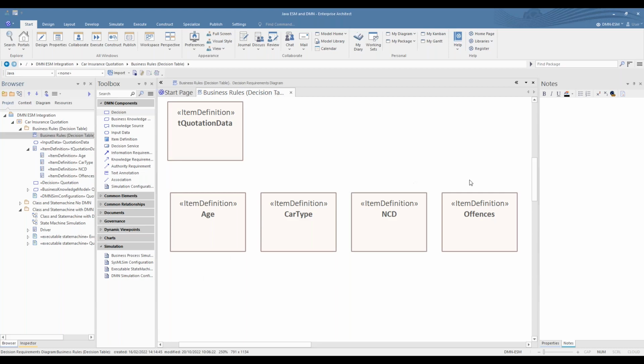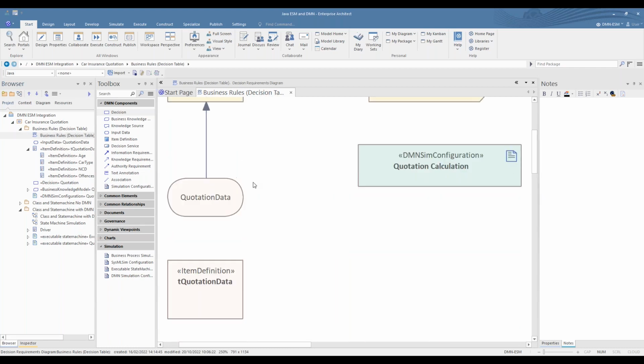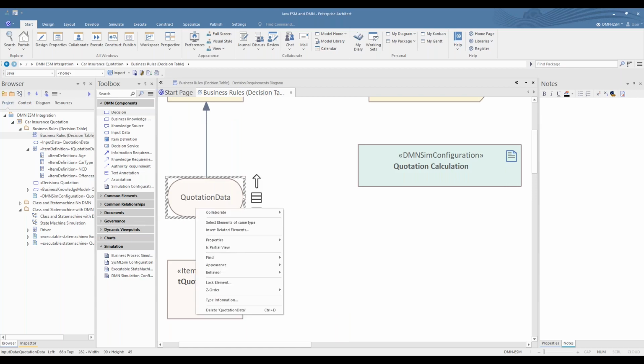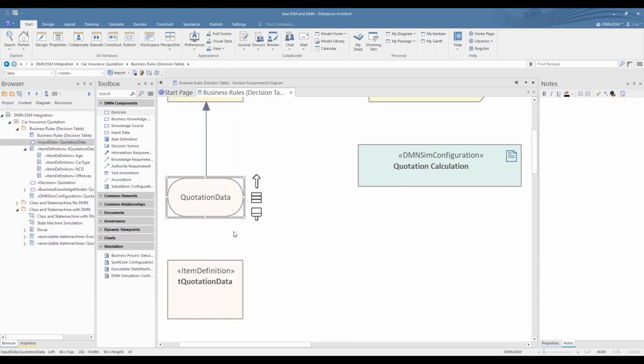Now we go up the model a little bit, and we have this guy. If I find it in the browser for you, it is an input data element. And this input data element is like a go-between between this data and the decision table simulations.